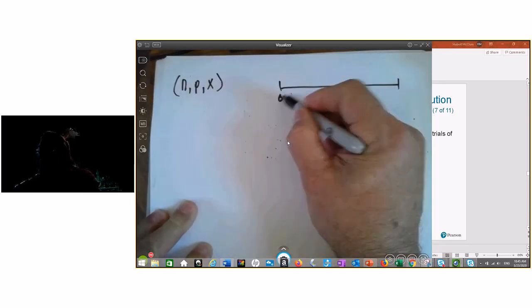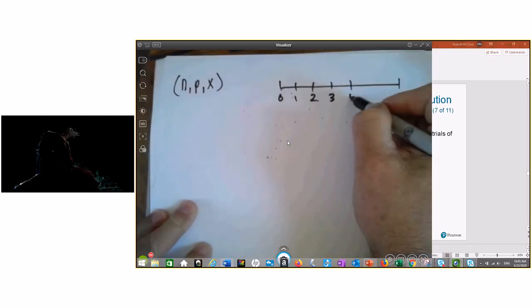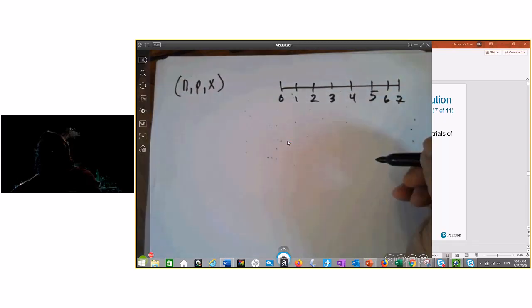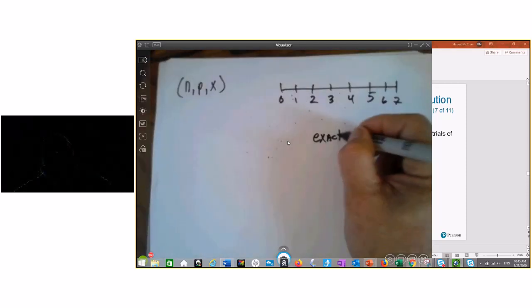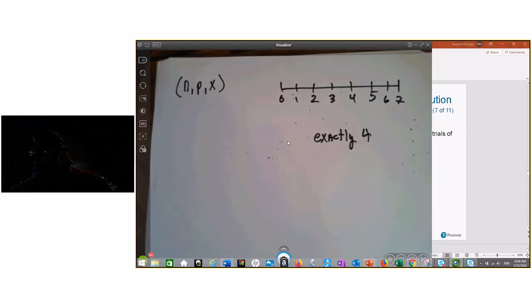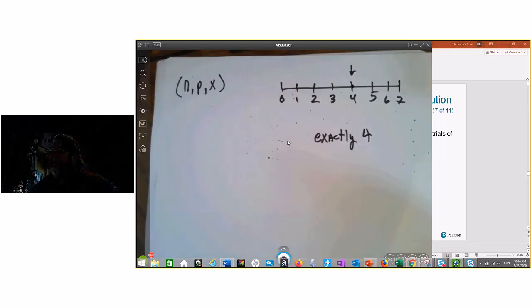Okay, 0, 1, 2, 3, 4, 5, 6, 7. Because the question may ask you exactly 4. Okay? If it asks you exactly 4, I'm just going to put a little dot at 4,